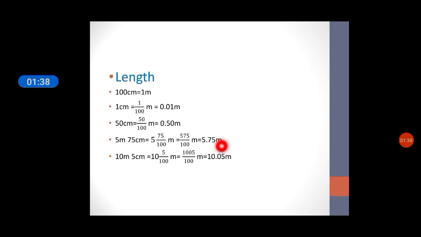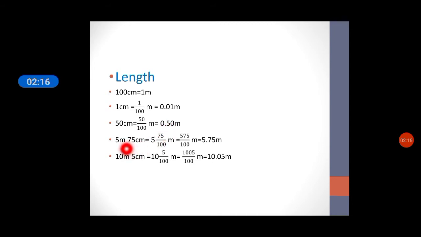So in the case of land, you see 100 centimeter is equal to 1 meter. So 1 centimeter is equal to 1 by 100 meter, which is equal to 0.01 meter. When you are asked to convert centimeter into meter, this is the way you need to do it. So 50 centimeter is equal to 50 by 100 meter. When you convert that into decimal form, first you write 50, and as there are 2 zeros, you need to put a point. From the back you count 1, 2, and before that you put a point. As there is no whole number part in this fraction, it will be 0.50.